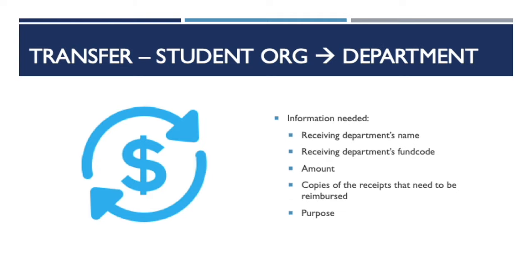When transferring funds to a department, you must have the receiving department's name, their fund code, the amount, the specific receipts that you need to reimburse, and a brief description of why you are transferring funds to that department. Transfers can only be made to the specific fund code that the payments were originally made out of, so make sure to double check this code with the department. Please also note that we will need to verify that the department has made the purchases and that they have been cleared to that department's code before making the transfer. We can never transfer funds to a department in advance of purchases being made.